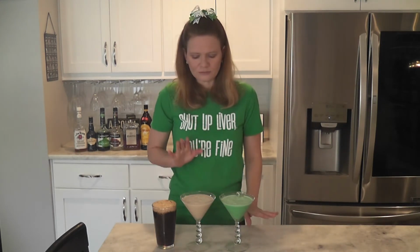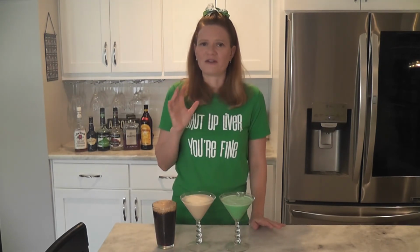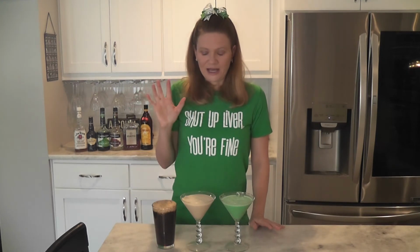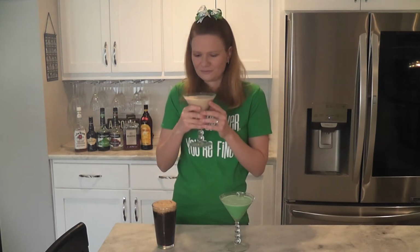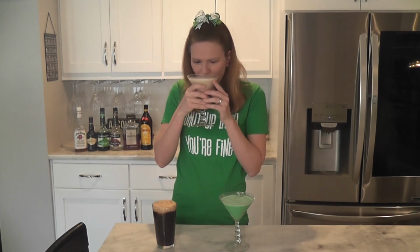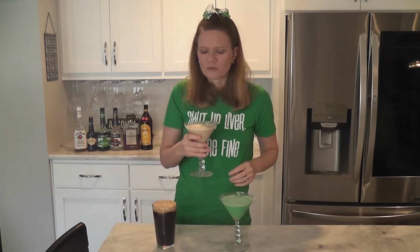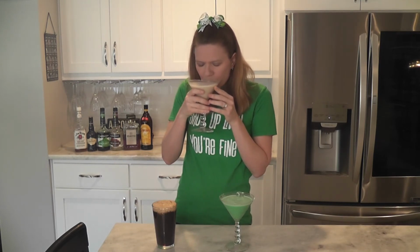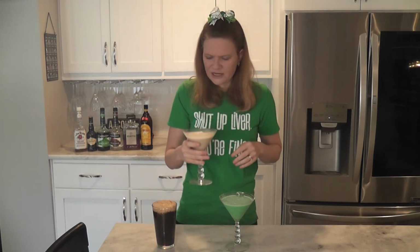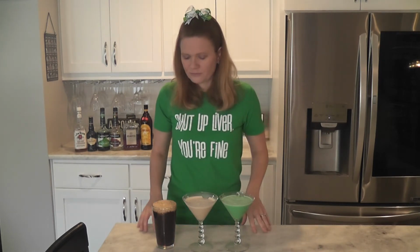yes. This one I'm the most excited about because I love Irish cream and amaretto is my favorite liquor of all time. And Kahlua, I mean, come on. This will probably be my new favorite. Oh yeah. Oh, let me taste it again. Put the martini down, Erin. Put it down. No. Okay,